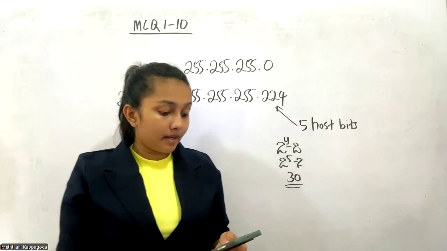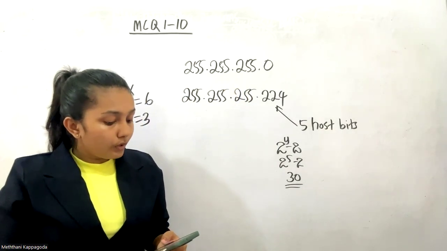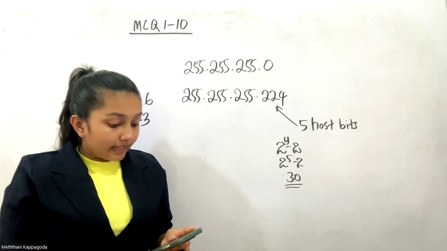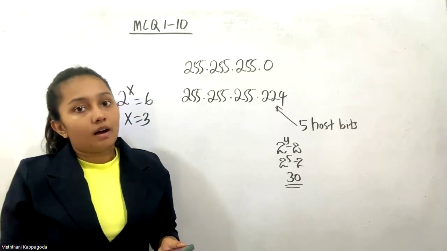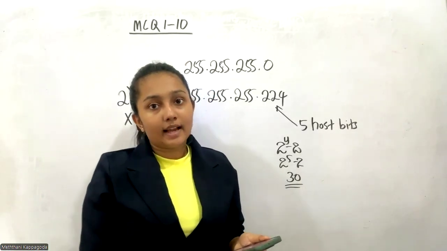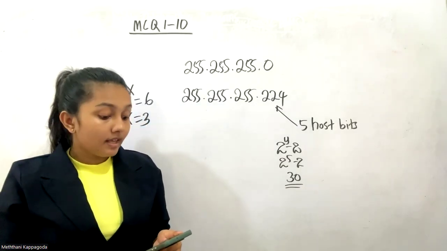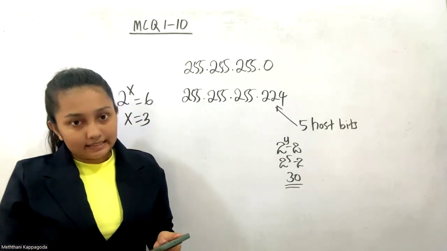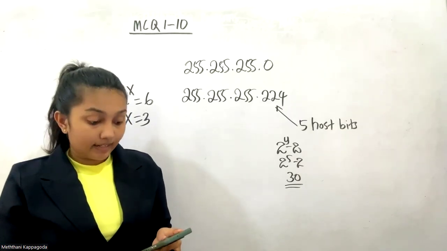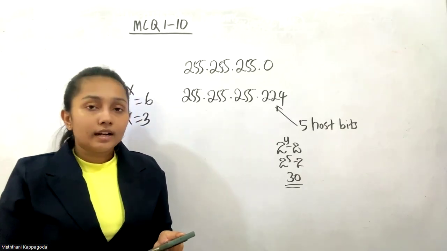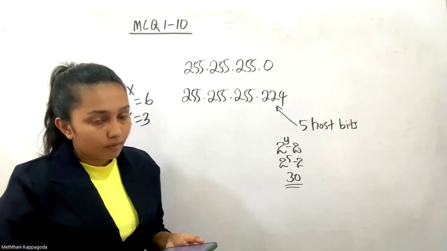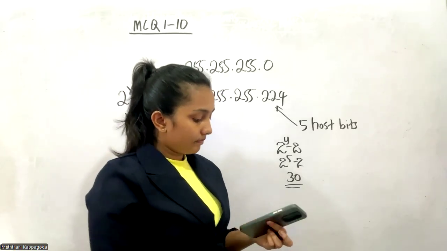Then statement C: 255.255.255.3 is a valid subnet mask. There cannot be this kind of subnet mask. Therefore, C is incorrect. Only statement B is correct. Therefore, the answer should be the second one. Answer 2, B only.